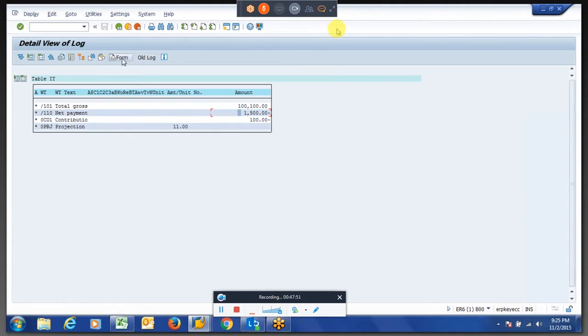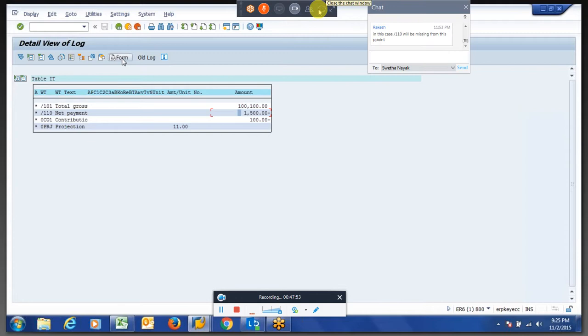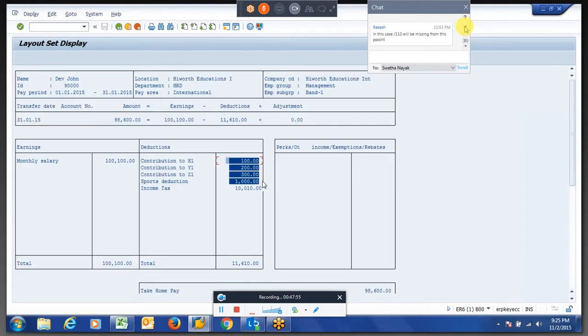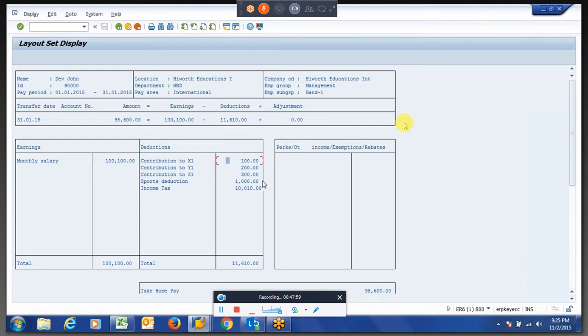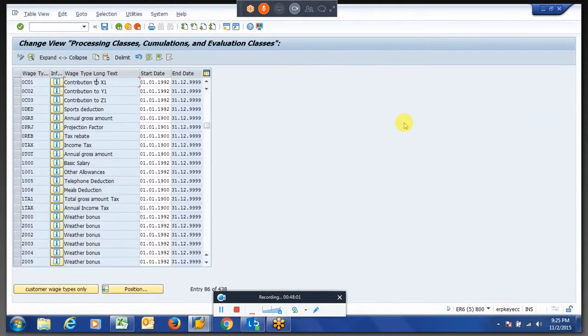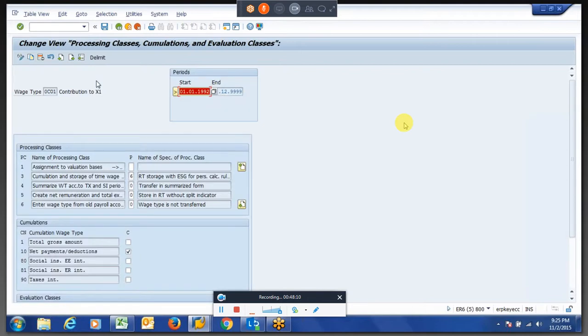So if you are telling this will get deferred, right? This 100 was not accumulating to 110, correct, exactly. Maybe we have to select the relevant specification over there for this waste type.